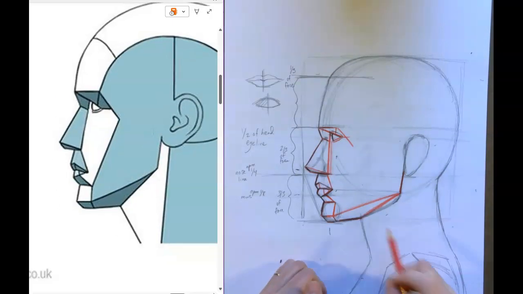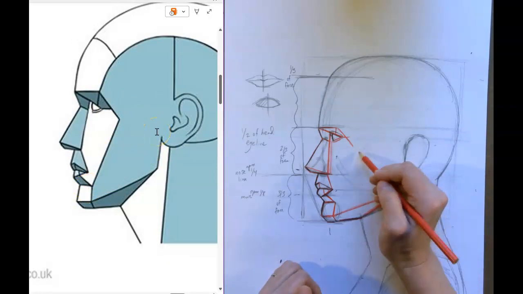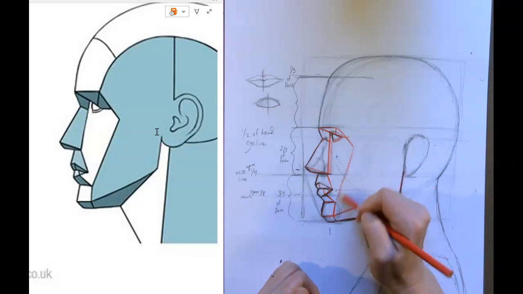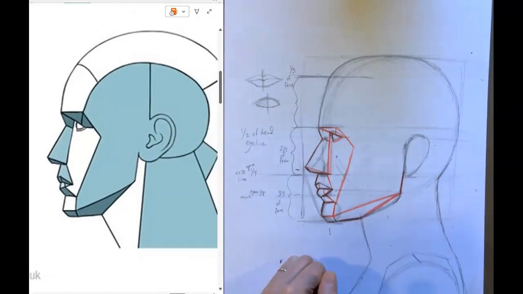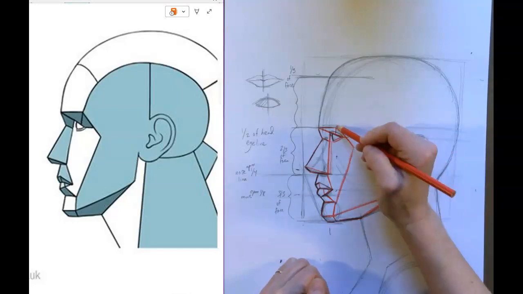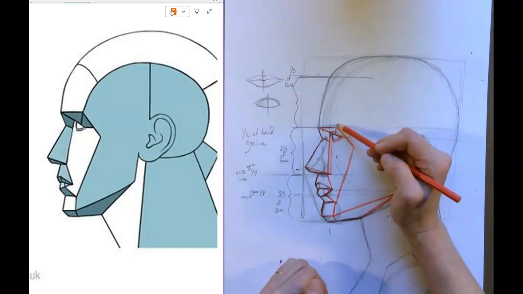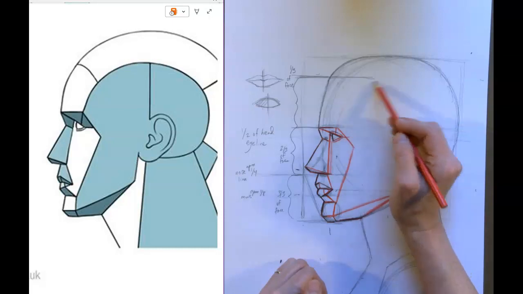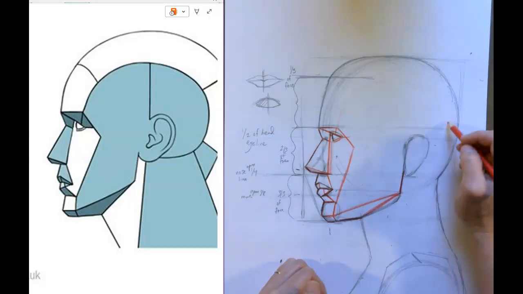And then we still need to do this side plane of the face for the cheekbone. So we're going to connect from here down to here. And then we're going to go ahead and fill in some of these other areas. So I'm going to lightly sketch this in. You might even want to do this in a graphite pencil first, but kind of sketching in this curve that's going to go around